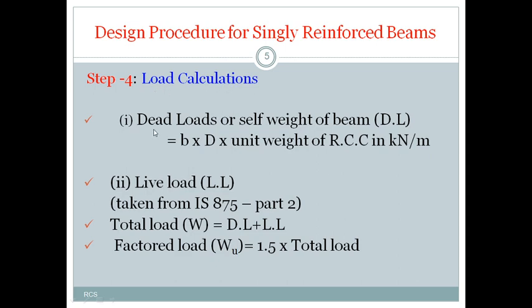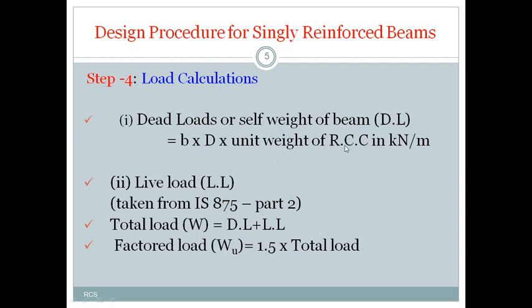In that we have many kinds of loads, and generally we take two kinds of load here, dead loads and live loads. Generally dead load is calculated as B, D into unit weight of RCC member, and this dead load is also known as the self weight of the member, that you all know. B is the width of the beam, capital D is overall depth, and the unit weight of RCC is generally taken as 25 kilonewton per meter cube. Unit weight of RCC is 25 kilonewton per meter cube, but this dead load comes in the units of kilonewton per meter. Don't confuse with it.